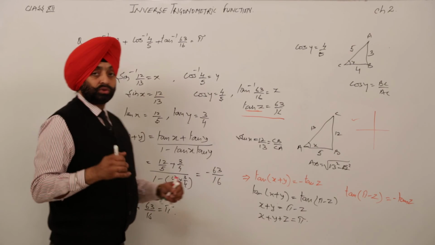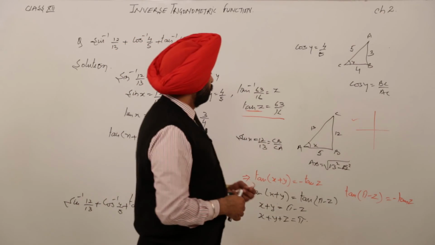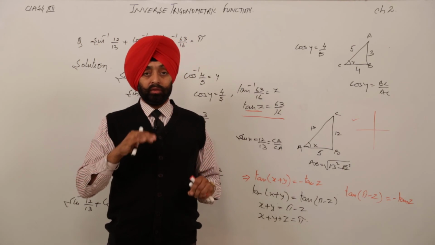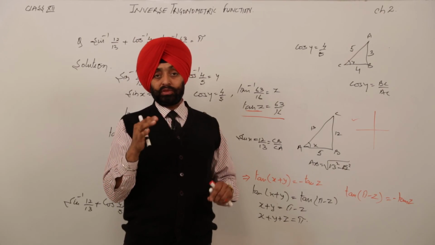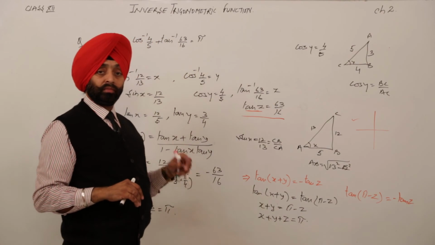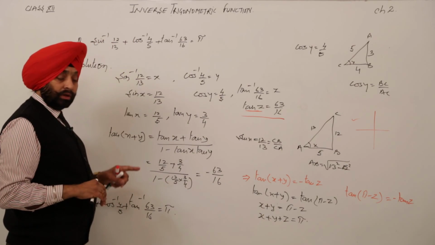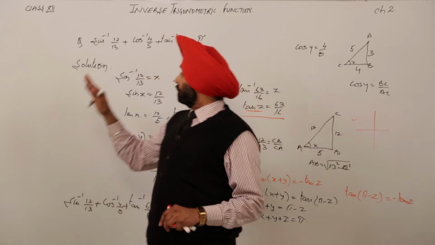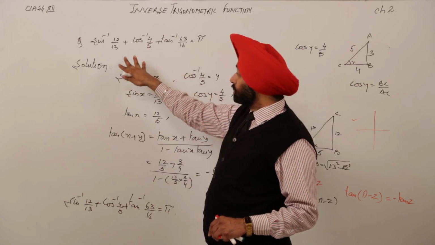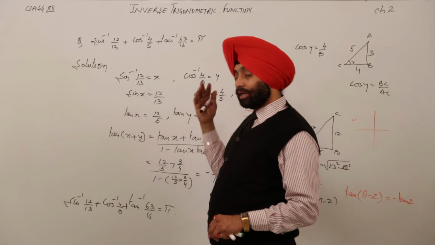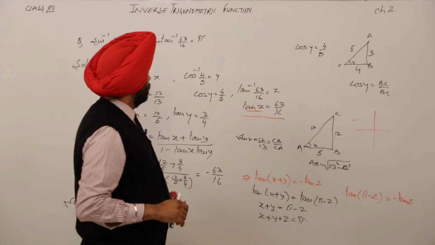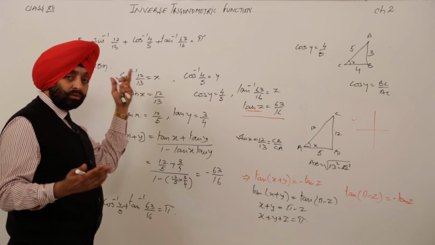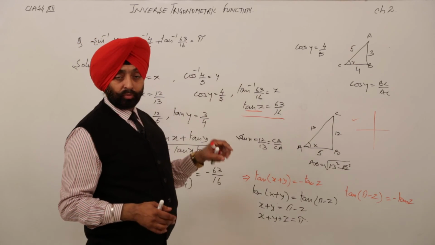Now we have solved this question by two methods. In the first method, we applied property number 6, tan inverse x plus tan inverse y is equal to pi plus tan inverse of x plus y upon 1 minus xy, where xy was greater than 1. Here we have not used that property, but still we have solved the question by converting sin inverse and cos inverse. Similarly, in the next property we can solve the same question, converting the whole question into sin inverse, or cos inverse, or tan inverse. So now according to our property we have finished.